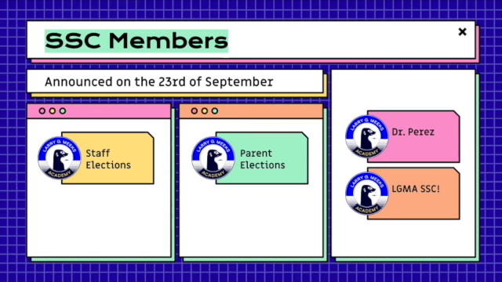So again, I want to clarify with parents, this is not just with parents. Staff members also get elected. The only one that's not elected is yours truly, because I was elected when I was hired, right? So I will be running the school site councils, but it is a team group membership, meaning there may or may not be times where Dr. Perez has an idea that the team doesn't want to go with. That's okay. The point is we're going to work as a team to figure out how to make that Larry G. Meeks Academy school site council, right?